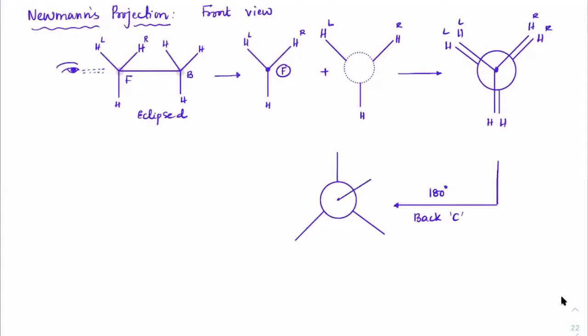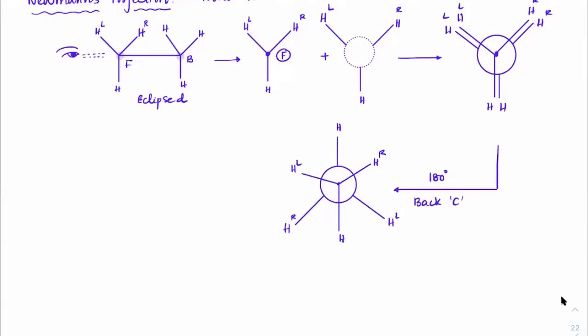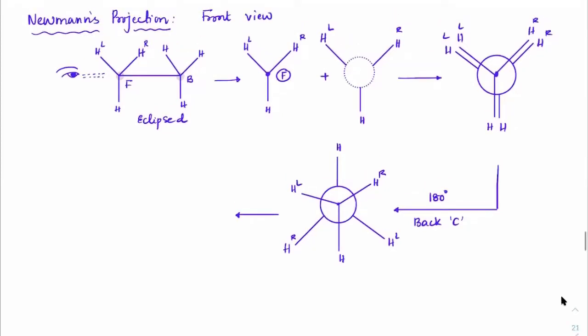For the front carbon, I have not moved anything, it is at the same location. So this is how the structure comes down. This is that right hydrogen which was there, this is that left hydrogen, and the front carbon hydrogens are intact. If you remake that into the Sawhorse projection, this is the Sawhorse projection. This is the front carbon, and on the front carbon the view is still this way. But on the back carbon, this hydrogen has gone up.